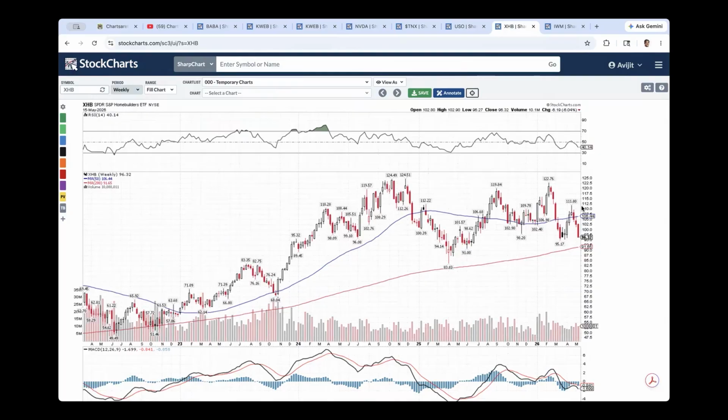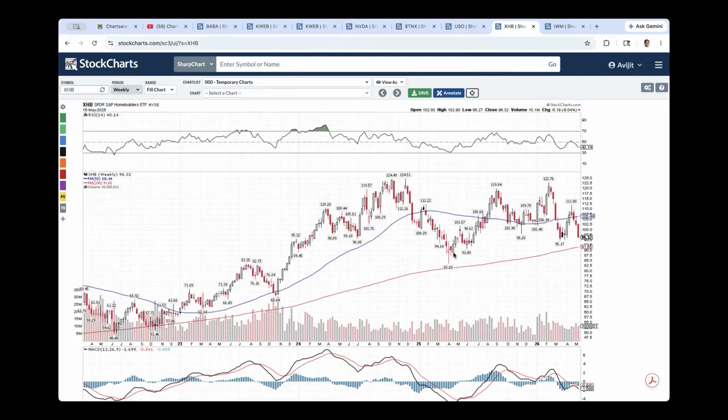And look at that 6% move. This is a weekly chart, last week in the home builders ETF. This is threatening to break down. If this is threatening to break down below 83 from a 124, that's $41 subtracted from 83. You're talking about it could take us down to 42, which would be a lot lower, back towards the 2022 levels from where this could come down to. Something for us to be careful about. Hoping that that may not be the case.